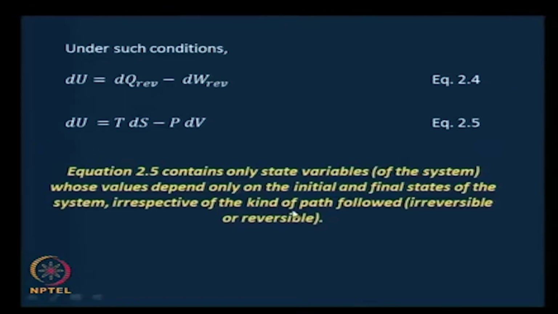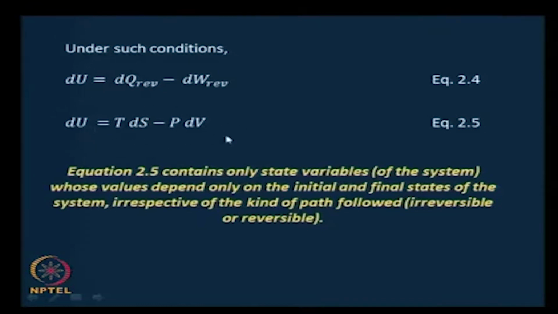We also recognized that this equation 2.5 contains only state variables, U, T, S, P and V, whose values depend only on the initial and final states of the system, irrespective of the kind of path followed to reach state 2 from state 1. And therefore, we had used some reversible process arguments to get at this, and we said